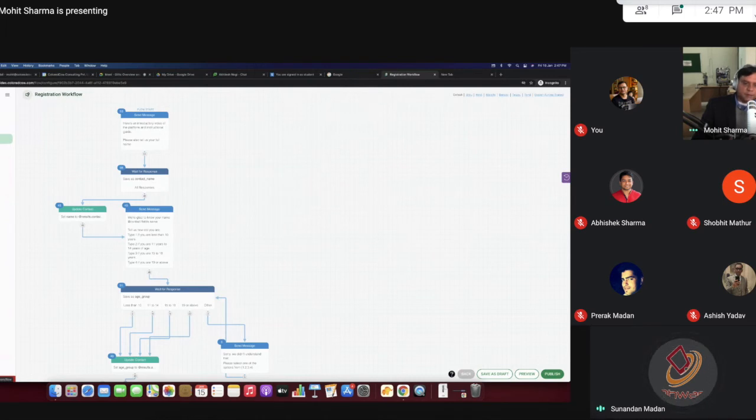Is that understanding correct, Mohit? Yes, that is correct. You can send a configured message from Glyphic to a group, but that's valid only for 24 hours. If you have HSM templates, you can send to a group after 24 hours also.